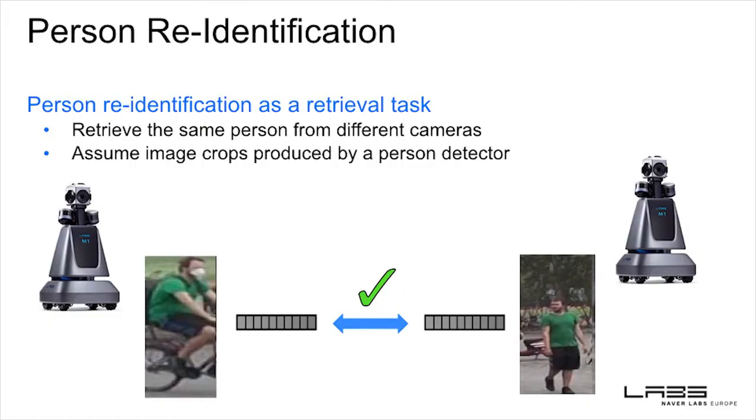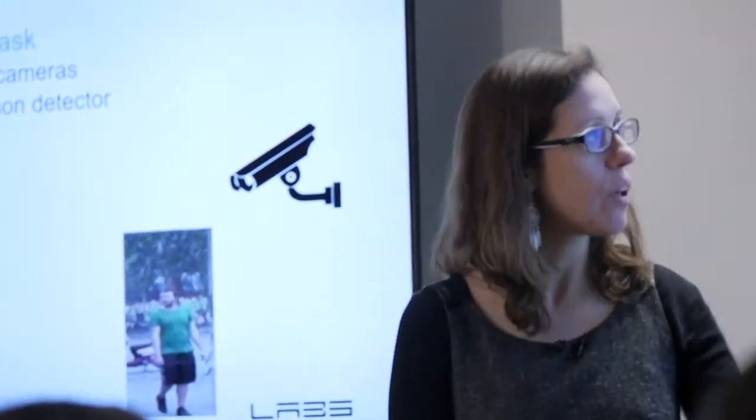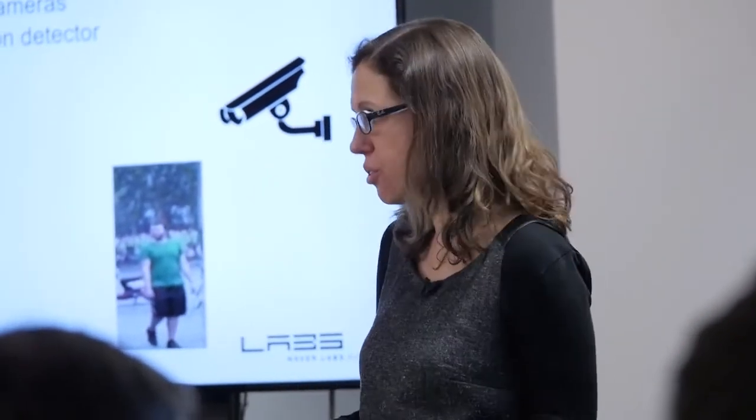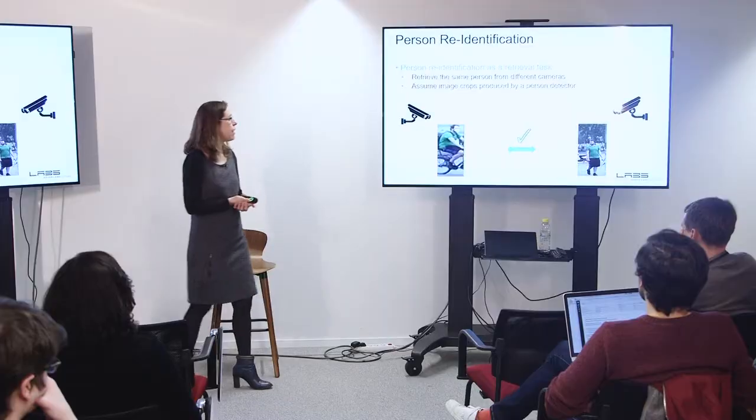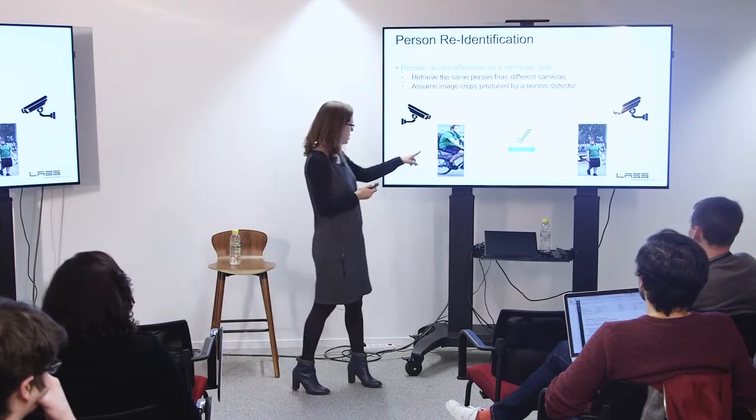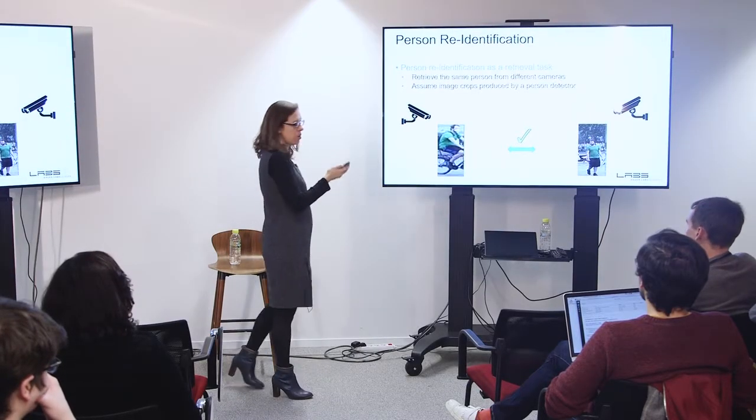And here we are looking at the question of person search, also called person identification, and it's seen as a retrieval task. So what we would like to do is to retrieve the same person from different cameras. And we assume we have a person detector that has been applied, so we get image crops that contain only one person in the image, and we would like to recognize that this and this are the same person